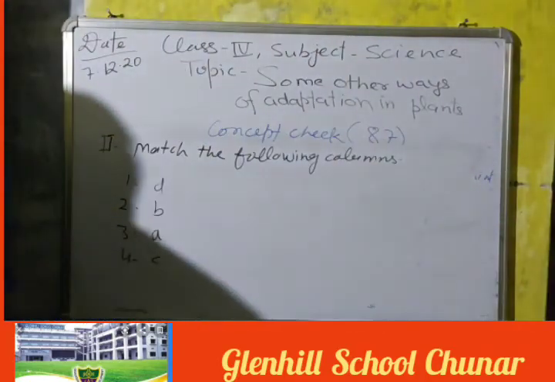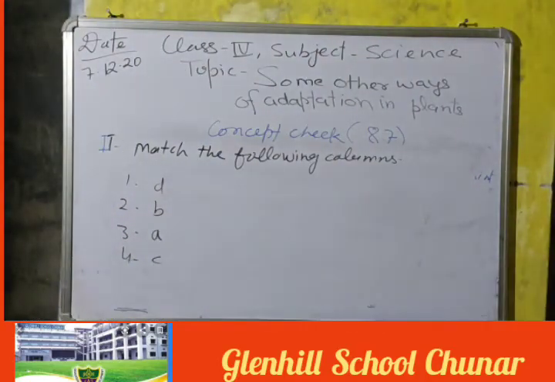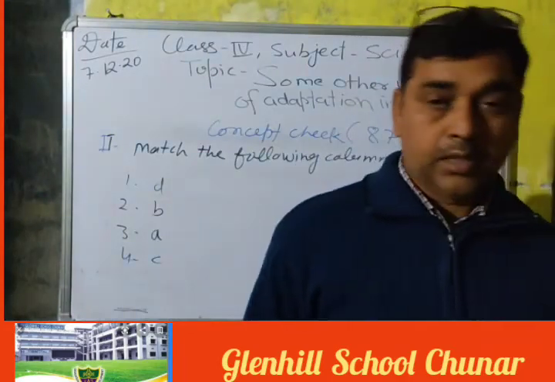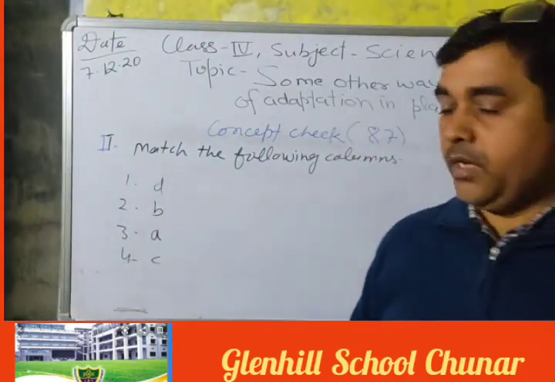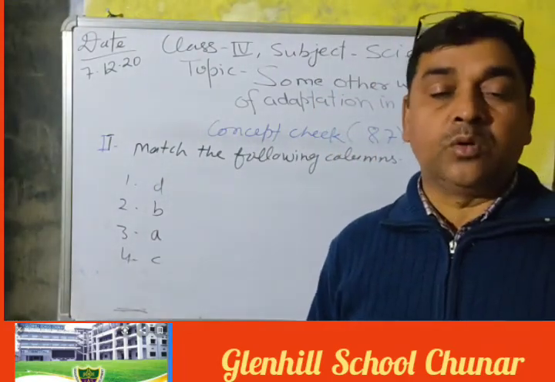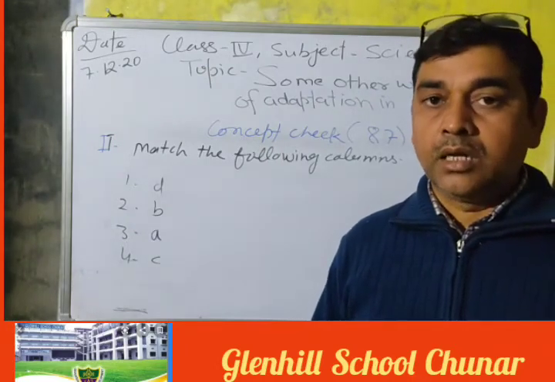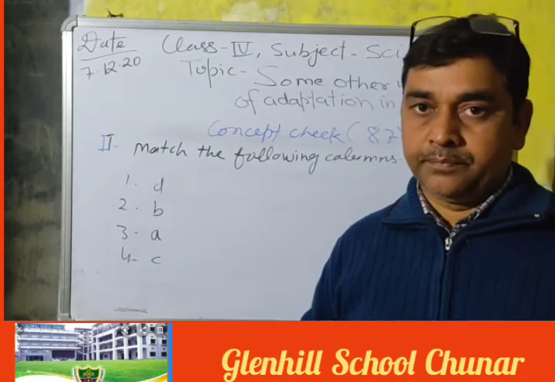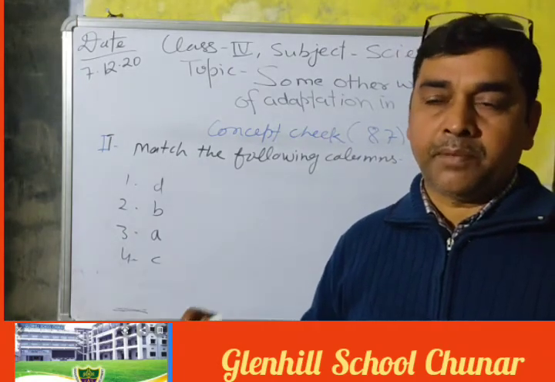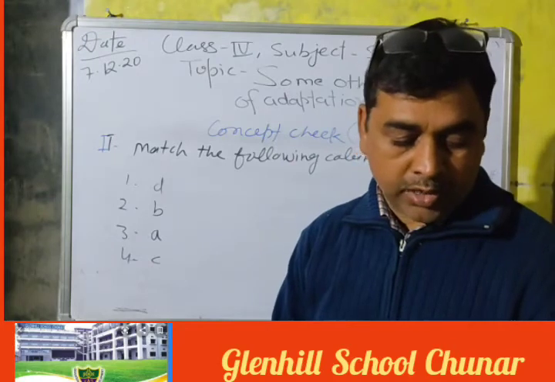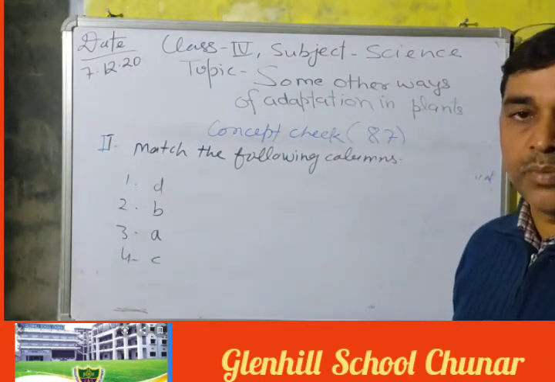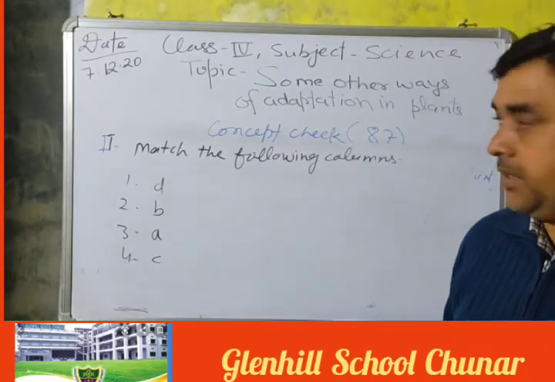And students, listen. Before writing down the question answers in the fair copy, write down the key terms in your copy. Mention the date, the chapter number, and the chapter name. And write down the keywords: adaptation, habitat, terrestrial plants, aquatic plants, saprophytic plants in your book and learn them.